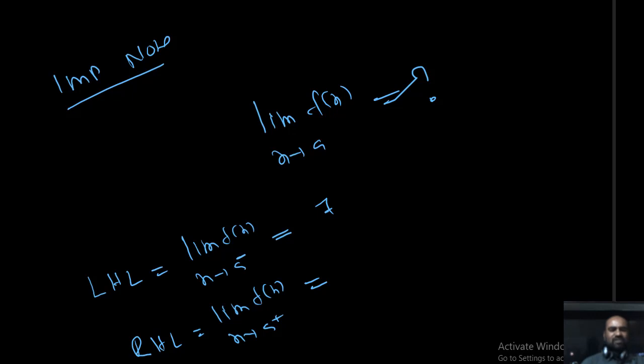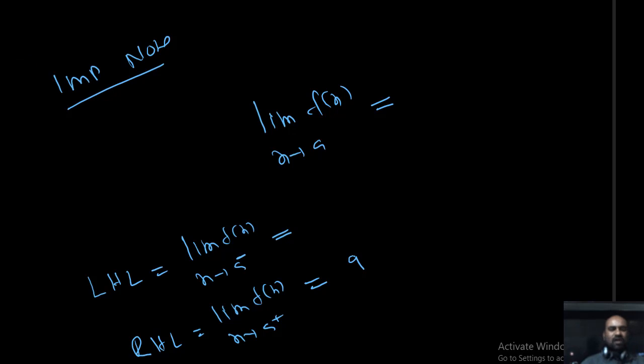For example, this is 7, and say this is 9. What can I say? The limit won't exist. Both should be defined. Both should exist. Both should be equal. Then only you can say that the limiting value of the function is that particular value. For example, both are equal to 9. LHL equal to 9, RHL equal to 9. Now here I can say that the limiting value of the function is 9. So what is the meaning of that? LHL should exist, RHL should exist, both should be equal and both equal to a finite value. Then I can say that the limiting value of the function is that particular value.